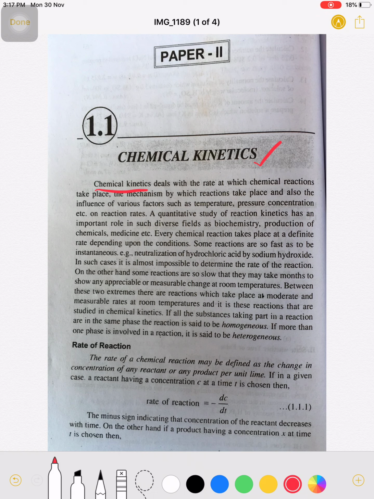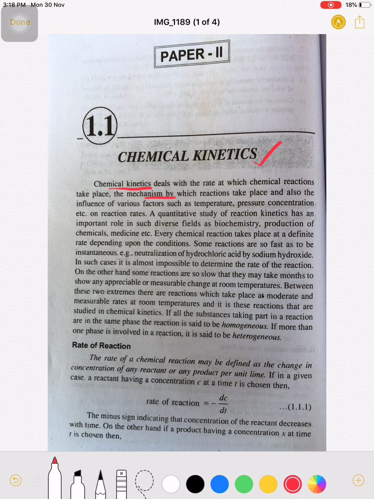Chemical kinetics deals with the rate at which chemical reactions take place, meaning the rate at which chemical reactions take place is calculated in terms of the kinetics of these reactions. Therefore they have given the name chemical kinetics. Chemical kinetics deals with the rate at which chemical reactions take place, the mechanism by which reactions take place,